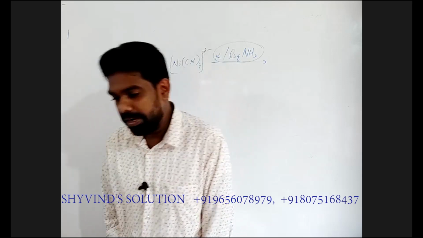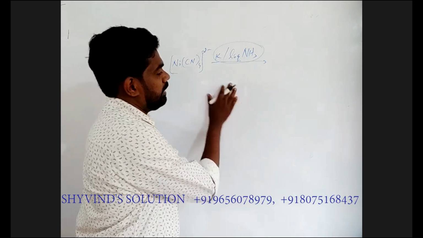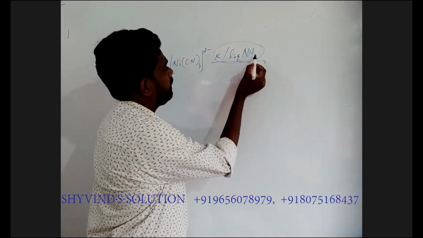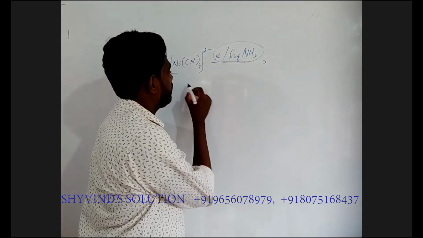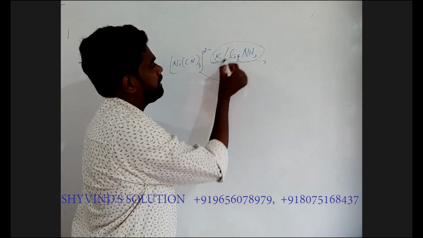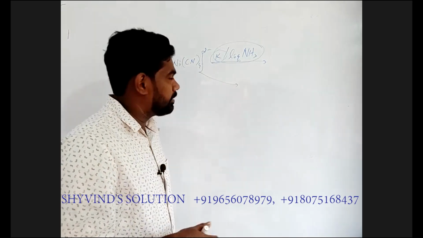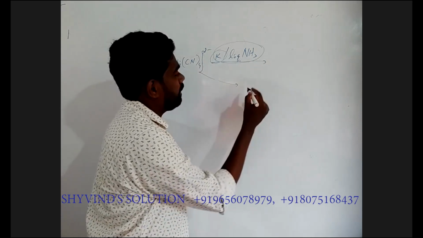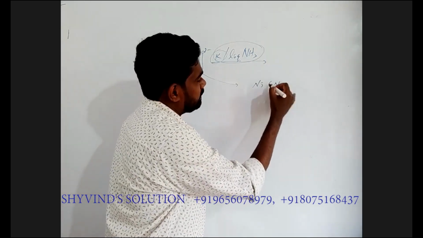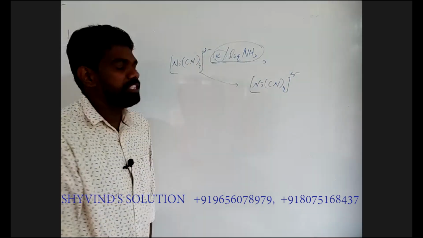Okay. So what happened to this molecule if we take this condition to this molecule? Okay. So what will be the product? So what happened is this potassium can provide electrons. So that means this is a reduction condition. Okay. So this can provide electrons in this particular condition. What happened is this will become Ni(CN)4 4-. Okay. So this is the product.